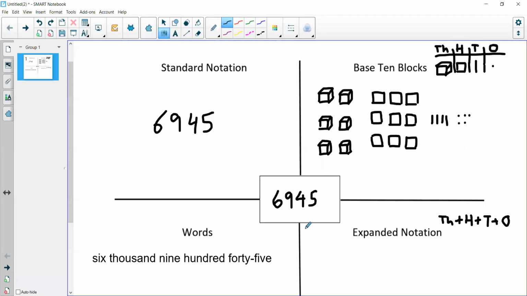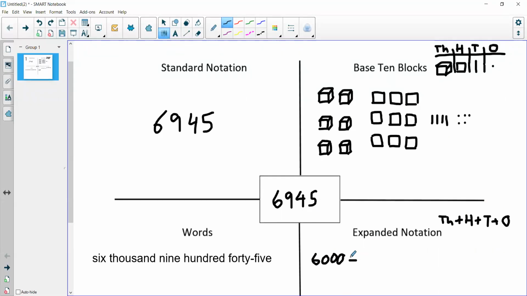Lastly, we're going to look at expanded notation. Expanded notation represents the numbers by breaking them down into their thousands, their hundreds, their tens, and their ones. You separate each of the place values with an addition sign. So with 6,945, I'm going to represent it with expanded notation by showing 6,000